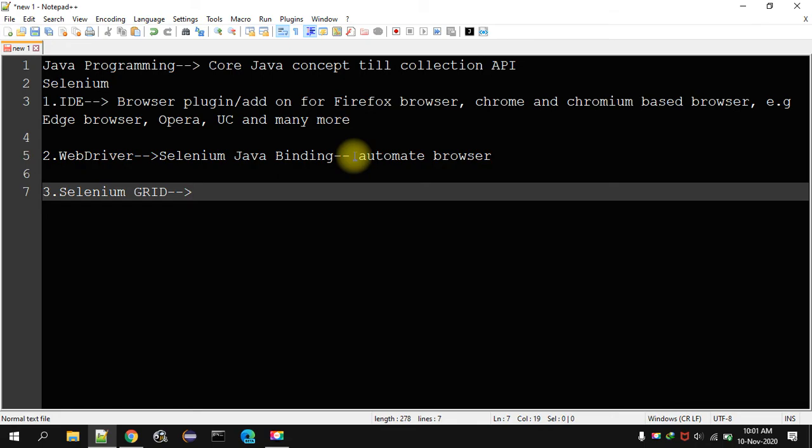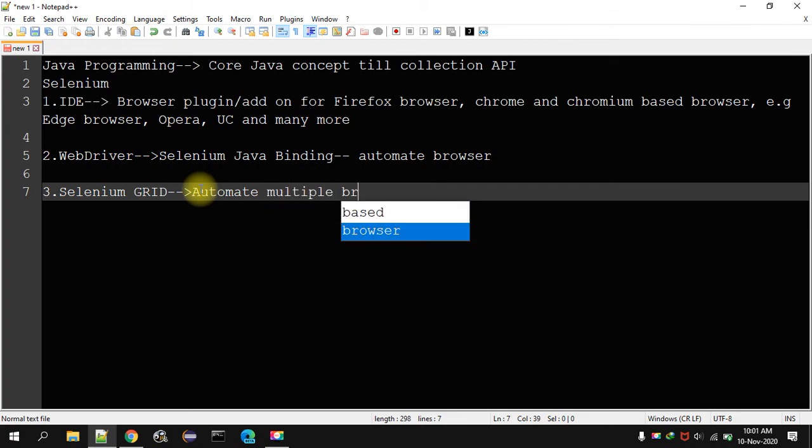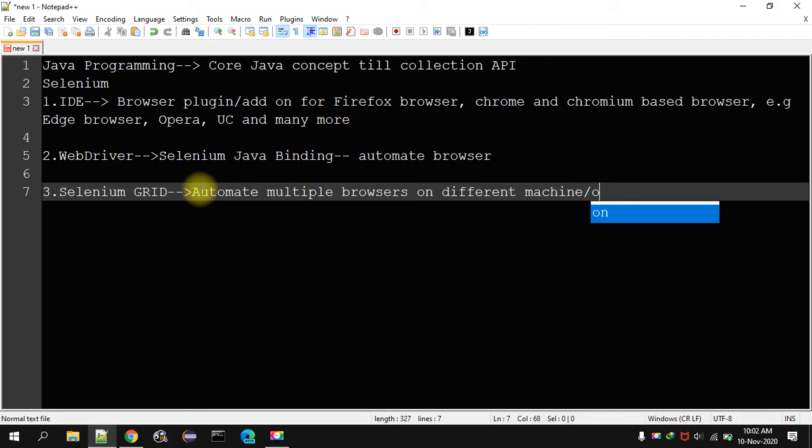It is the same as Java binding, but the additional feature is we can automate multiple browsers on different machines or OS, or we can say platforms. Or you may want to run on a remote machine.